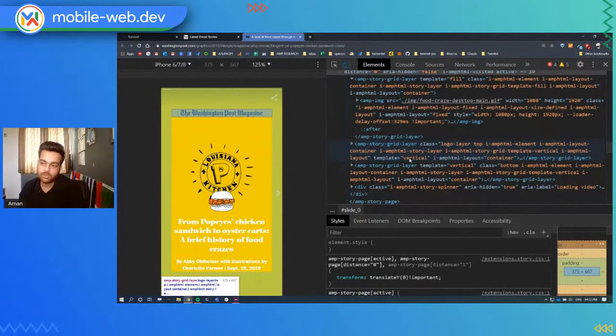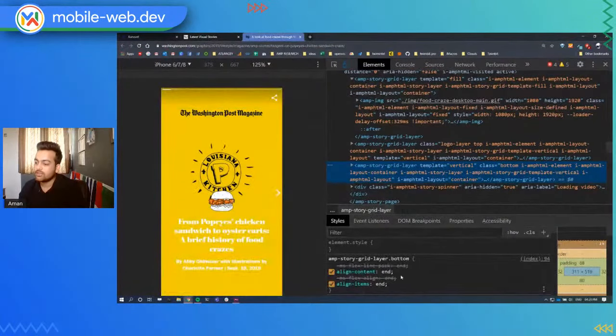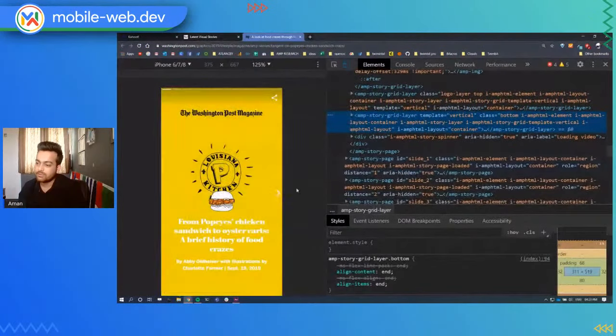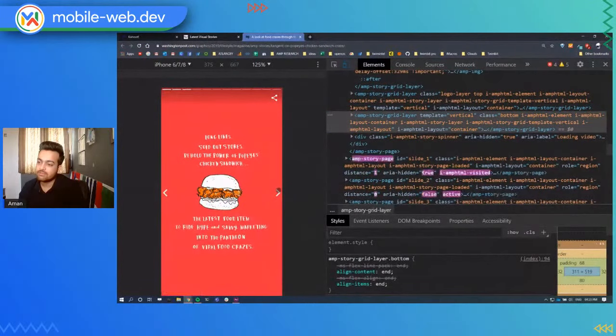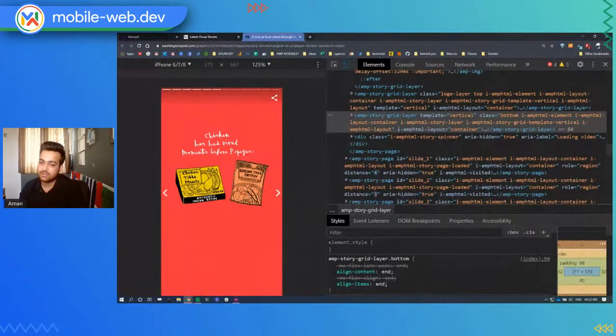So what does the template vertical do? It organizes all the elements in vertical stacks. Again, then you have another vertical element which we have given some CSS properties over here using this class element, and you can actually apply custom CSS properties also. And then you have used the align content and properties using the CSS attribute over here. And this is how the page works. And finally, when you do everything in this code structure, it will appear as these different screens over here.